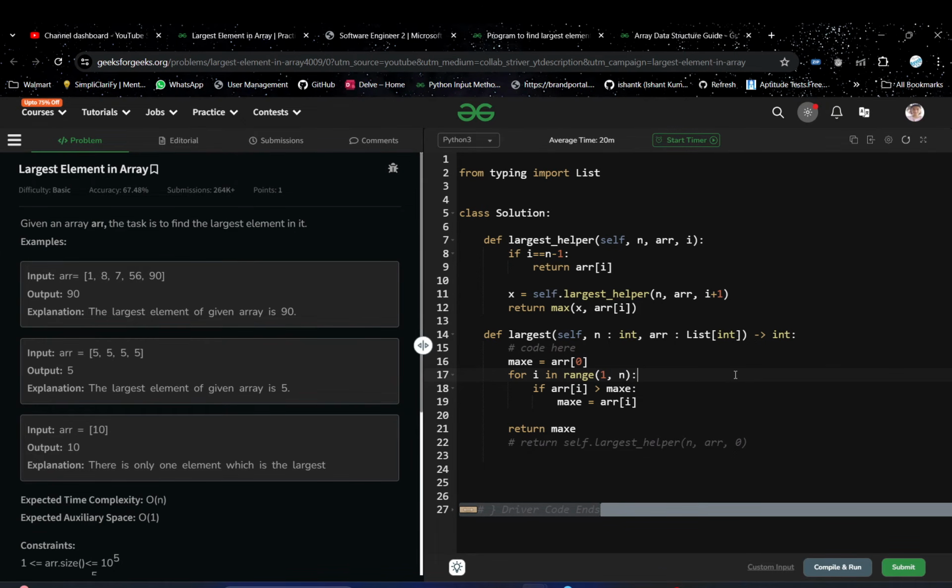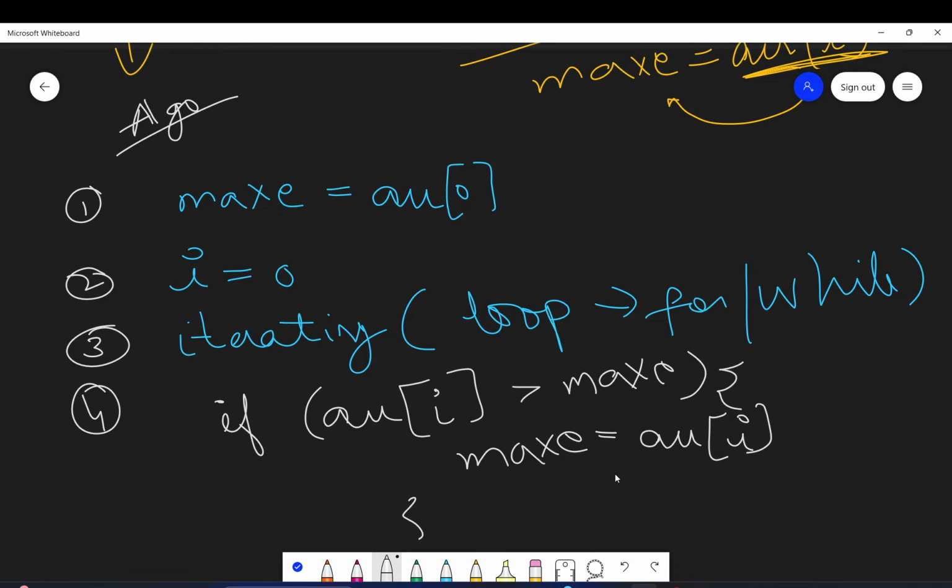Now for guys who have an understanding of recursion, they can see the recursive approach of this problem. If you are not aware of recursion and you do not know what recursion is, you can either check out my recursion playlist, of which I will give the link in the description, or if you want to use any other resource for learning recursion, you can do that. No worries. Now let's quickly see the recursive approach of this problem. It's not that you cannot use the earlier approach. It's totally dependent on you, whatever approach you want to use. Both are correct. It's just a different way of solving this problem.